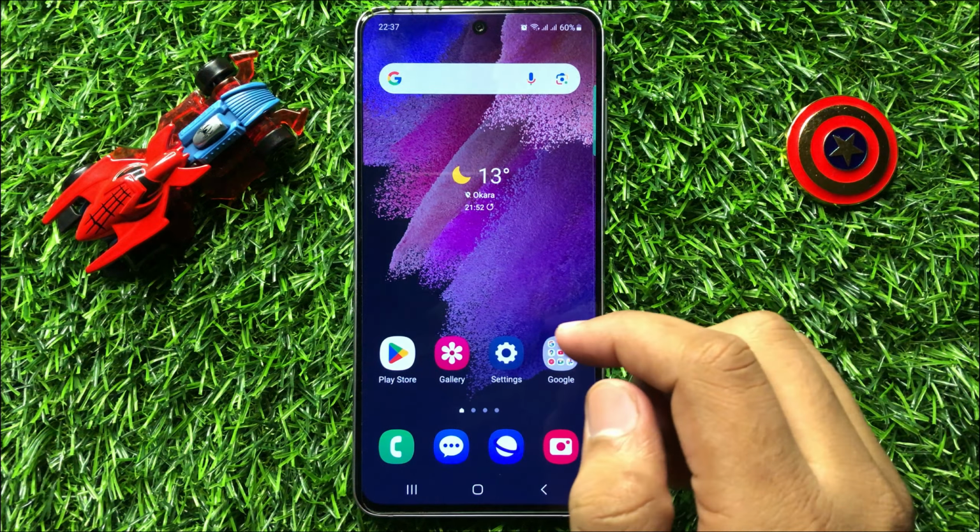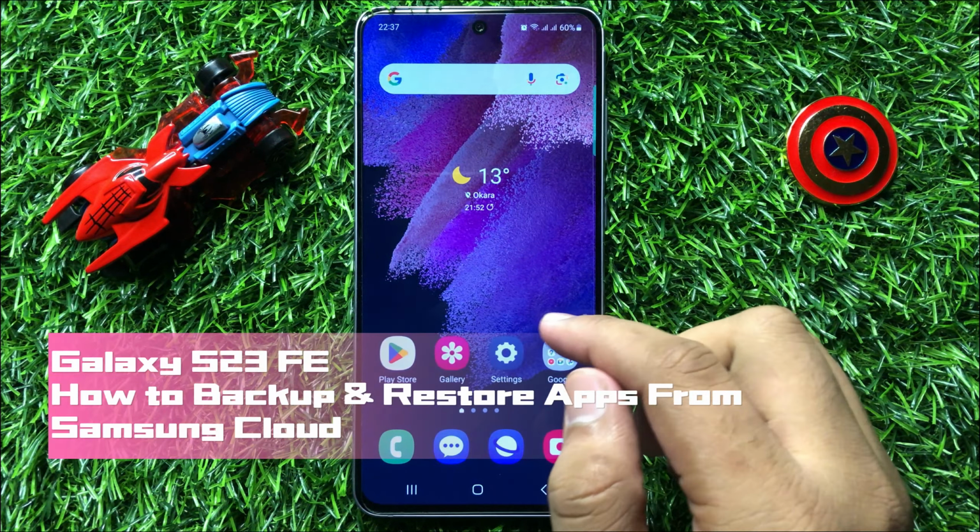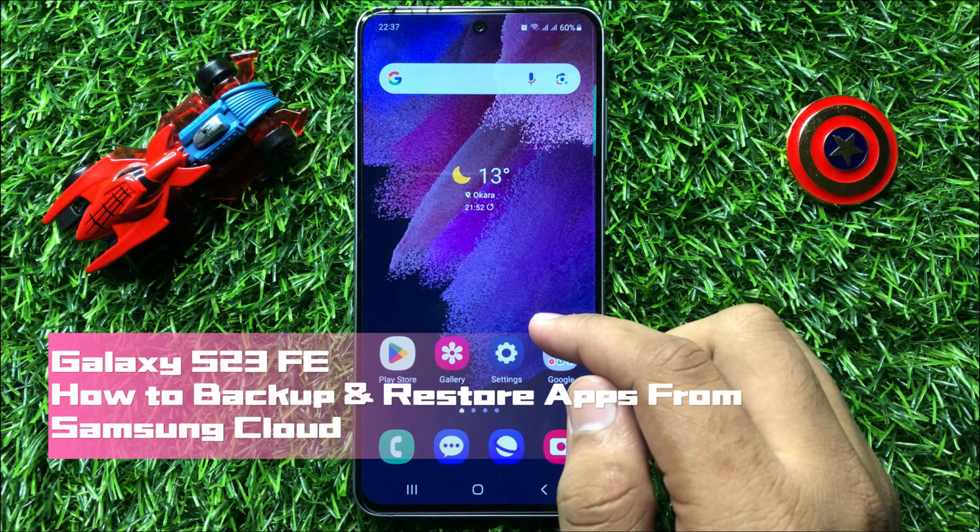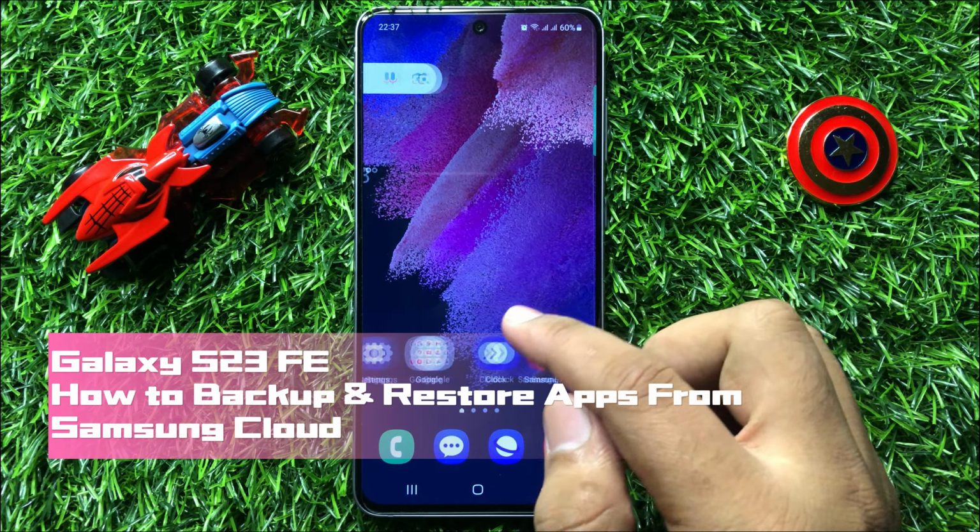Hello everyone, in this video I will show you how to backup and restore apps from Samsung Cloud in Samsung